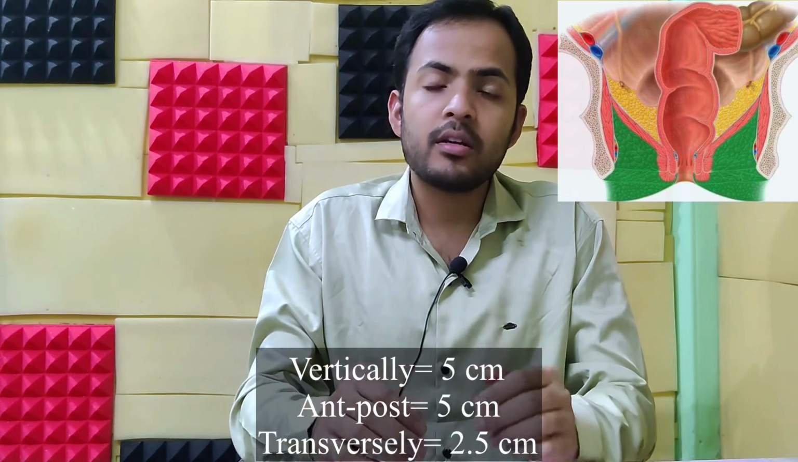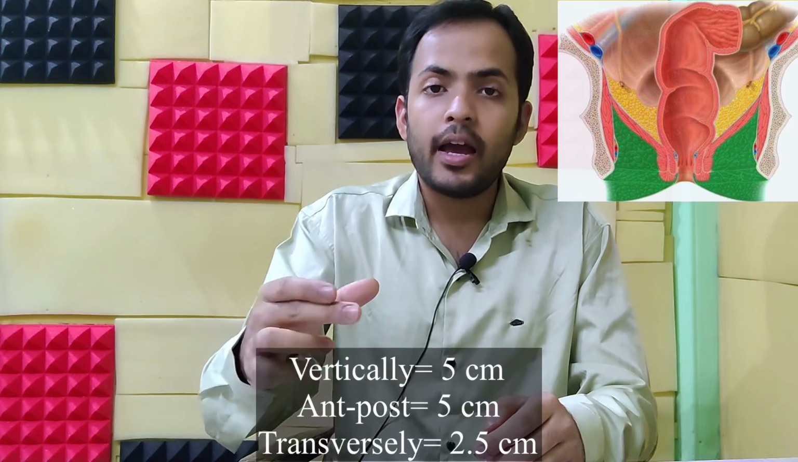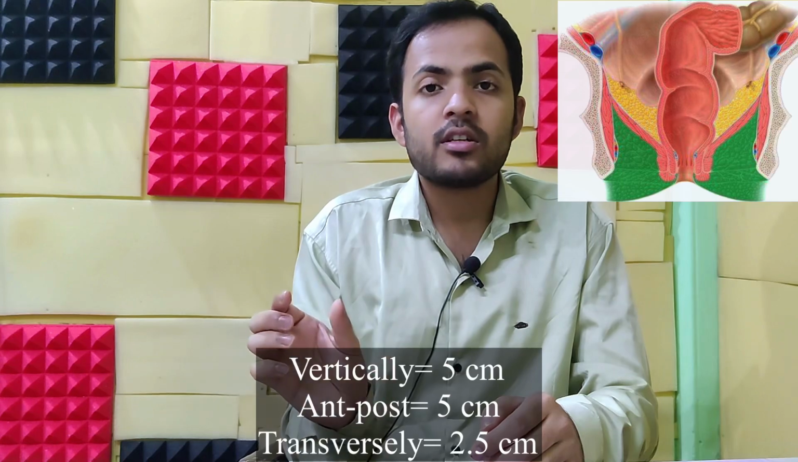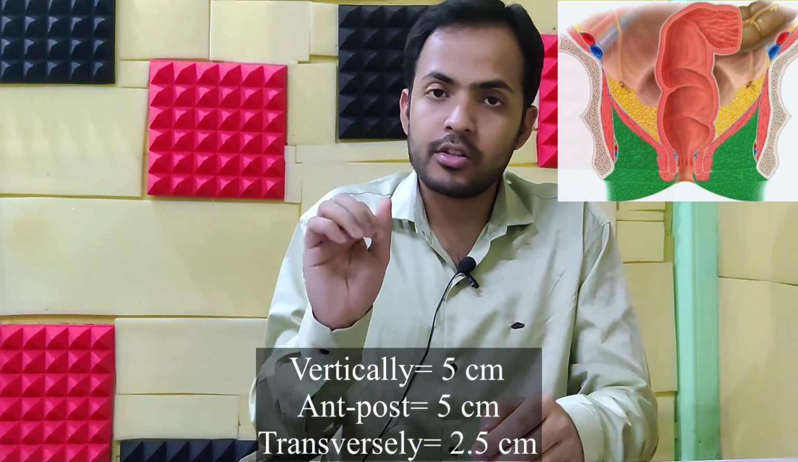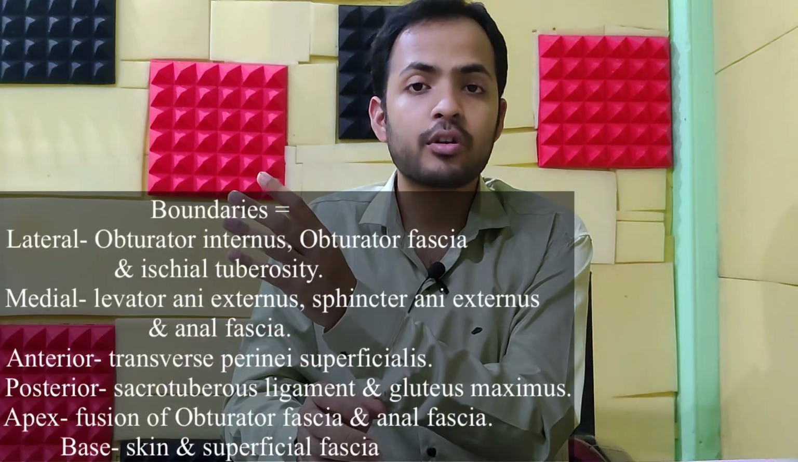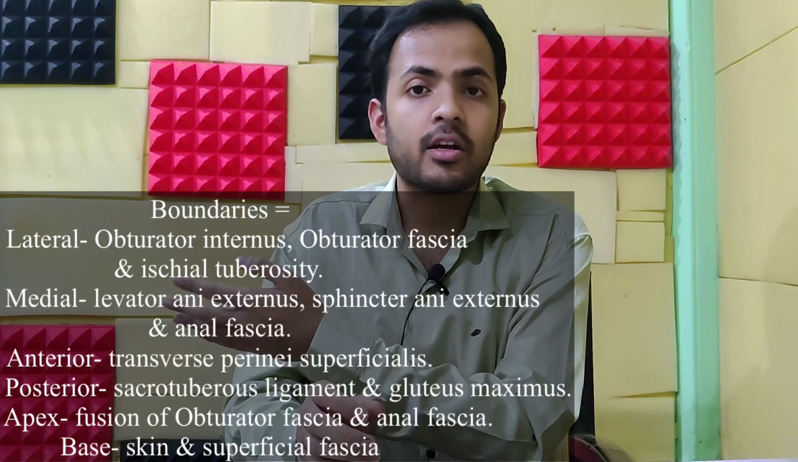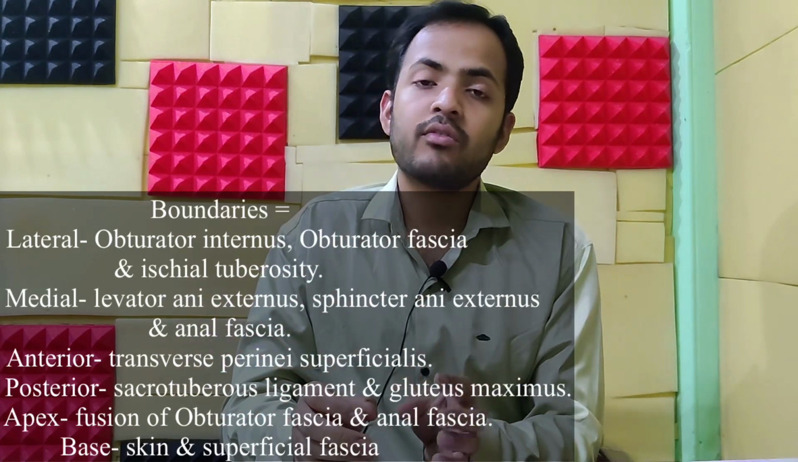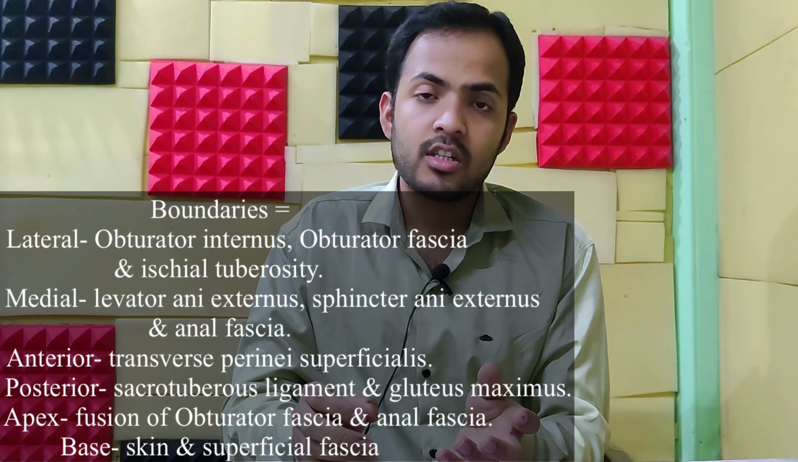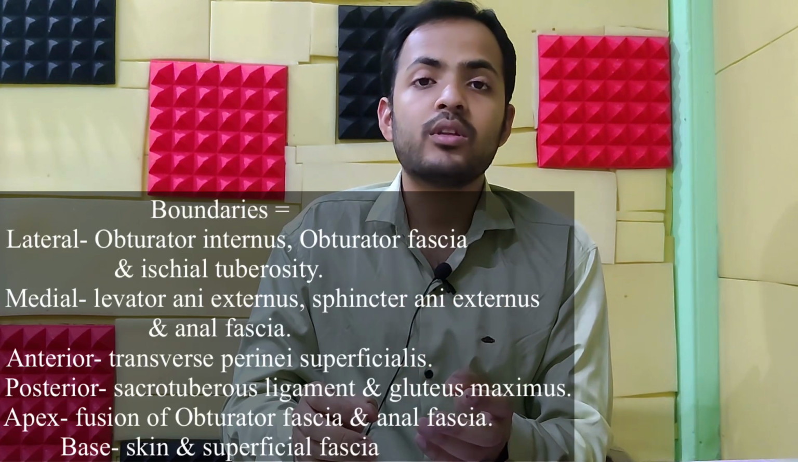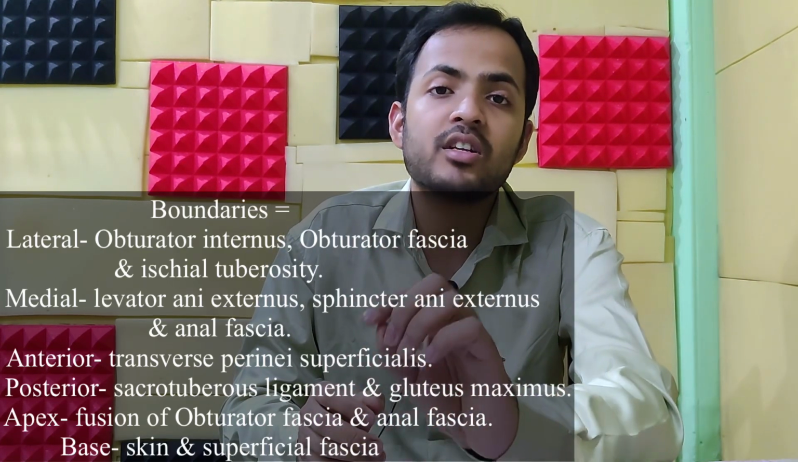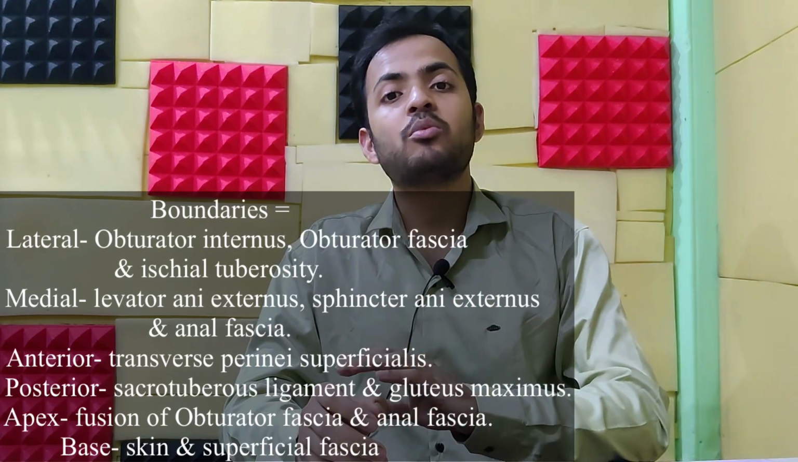In measurement it is vertically 5 cm, anteroposteriorly 5 cm, and laterally or transversely 2.5 cm. Boundary of this ischiorectal fossa: laterally you're going to find obturator internus muscle, obturator fascia, and ischial tuberosity. Medially you're going to find levator ani muscle, sphincter ani externus, along with the anal fascia. Anteriorly you're going to find transverse perineal superficialis muscle, and posteriorly